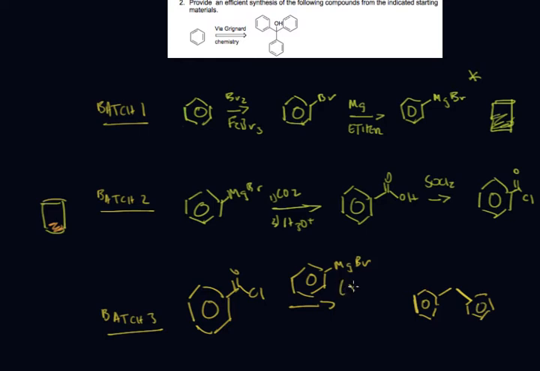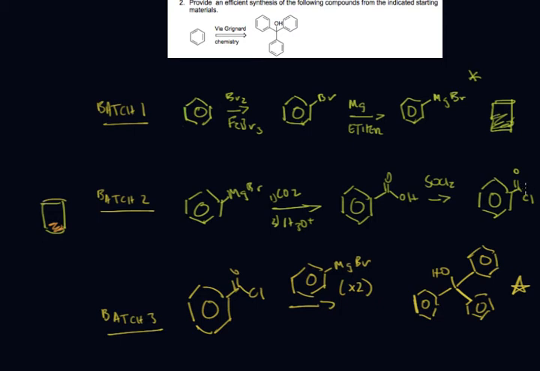So I'll say times 2 there. So the way he wrote it, I don't think you can just go step by step through this. I think you need to reserve some of this. Like, you can't just go through it one time and end up at this product right here. I think you need to reserve a little bit in batch 1, and then take some of that and form that acyl chloride, and then you can dump that Grignard reagent that you started with back in there, and it